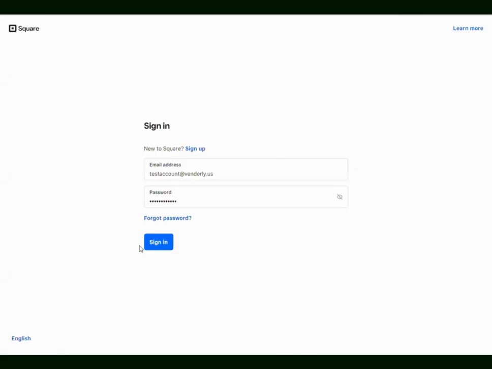Hello. Are you looking to add a team member to your Square account? You'll go ahead and sign into your Square account. Once the home dashboard loads up,